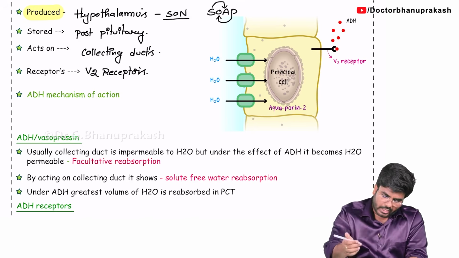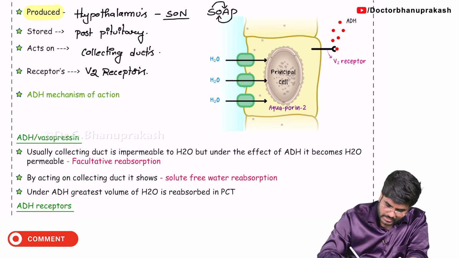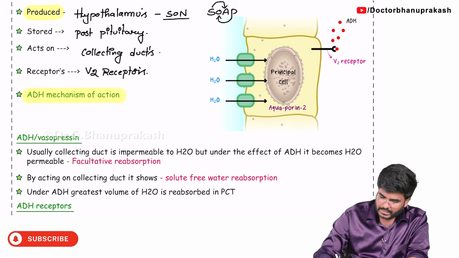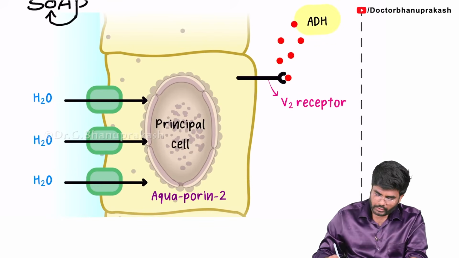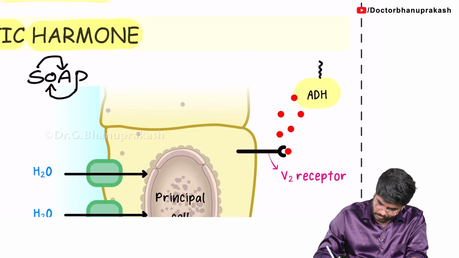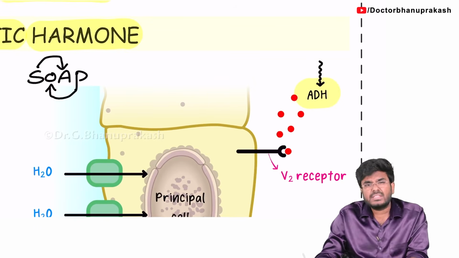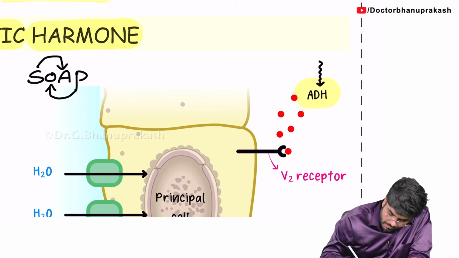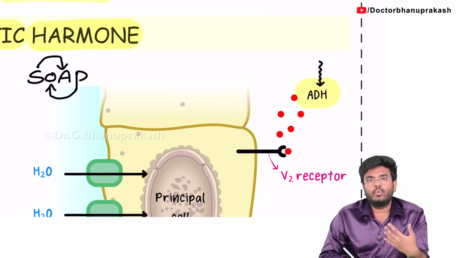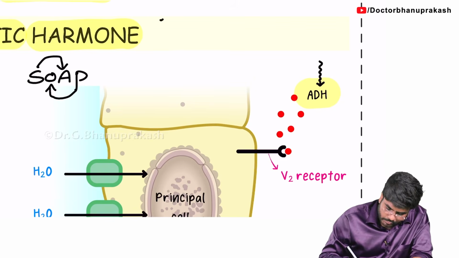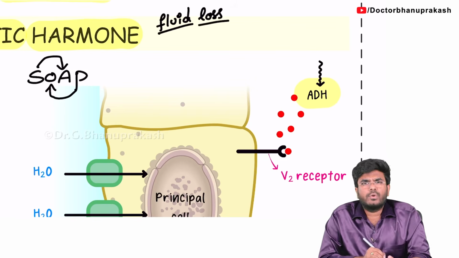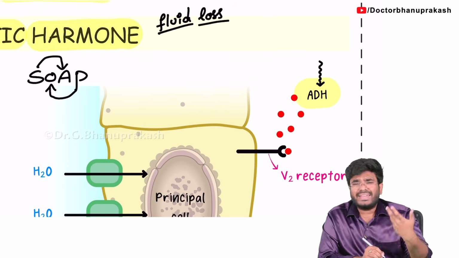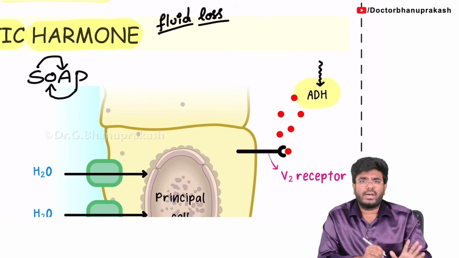Now, what is the mechanism of action? Let me explain the mechanism of action. See, guys, first of all, you have to know when there will be antidiuretic hormone. What is the stimulus for the antidiuretic hormone? The stimulus is whenever you are having fluid loss out of the body. Whenever you are losing fluids in the form of sweating, diarrhea, or hemorrhage, whatever the reason might be,